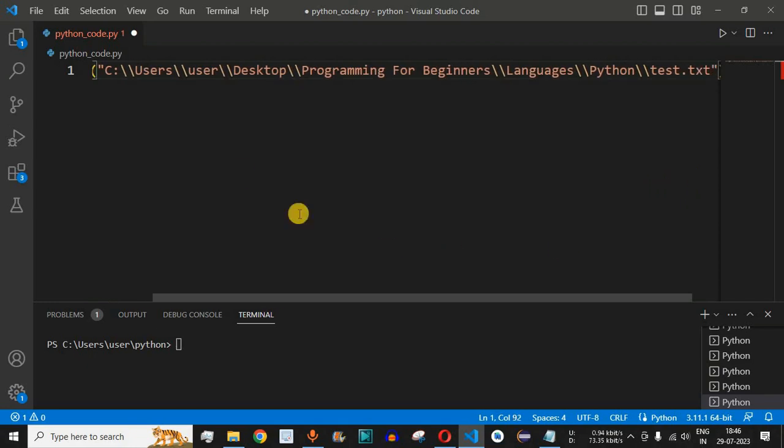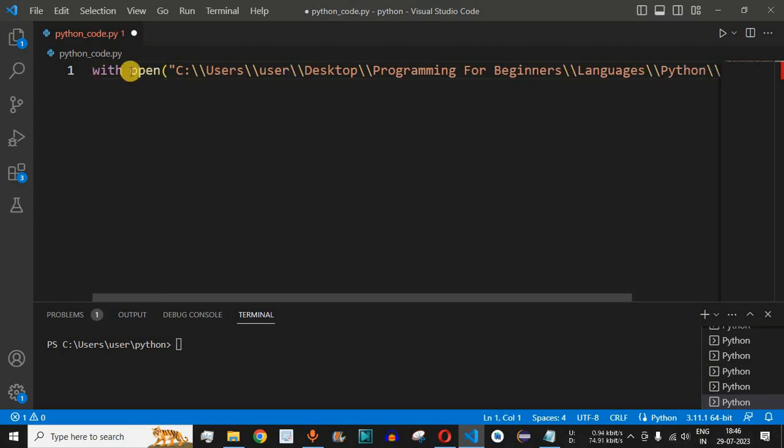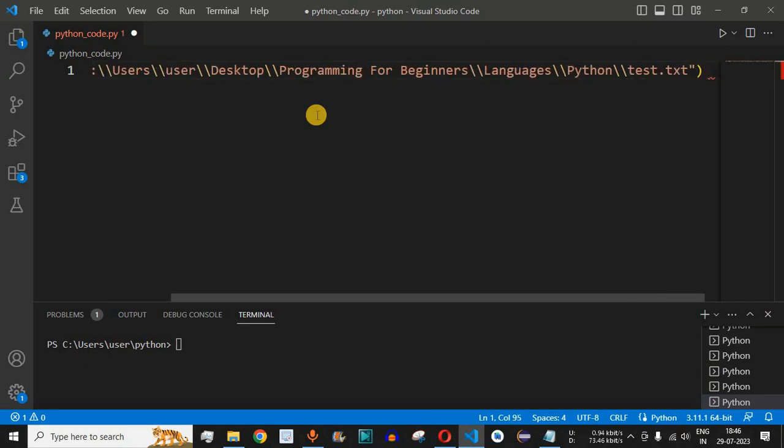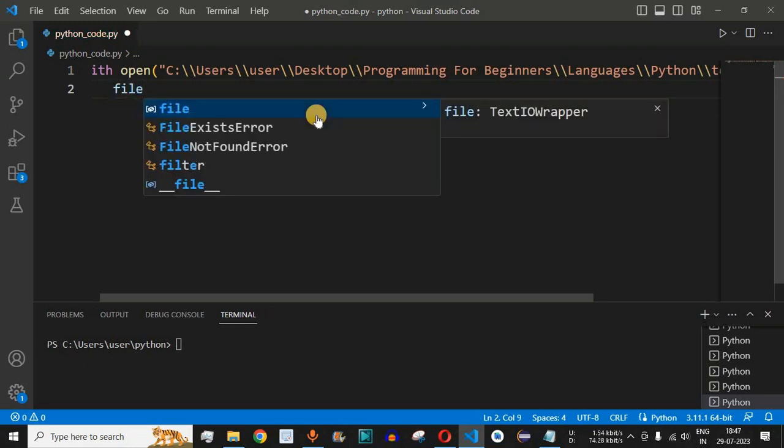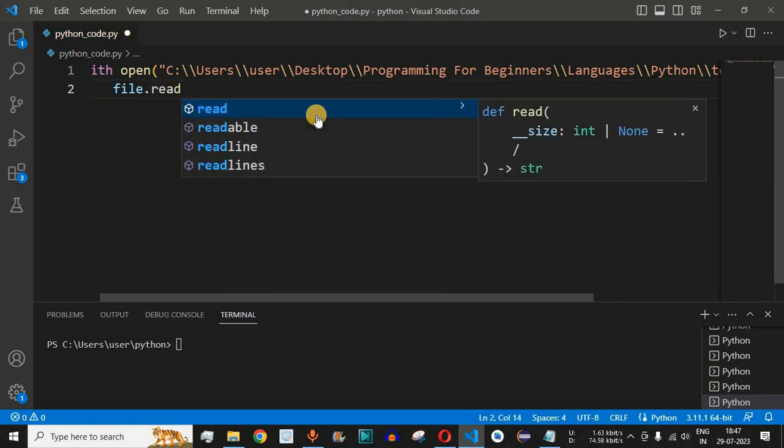So guys, by default, this open method will open the file in the read mode. After the open method, we will denote it with a particular variable name which we can use in order to access this file. So we will use the as keyword followed by file, which is the variable that we are going to use to read this file, and then followed by a colon. What we have to do is come to the next line, and then we can simply use the readlines method. So over here we have file, that is the variable name, followed by dot, and then we have something called the readlines method.